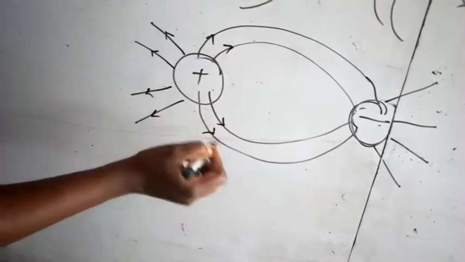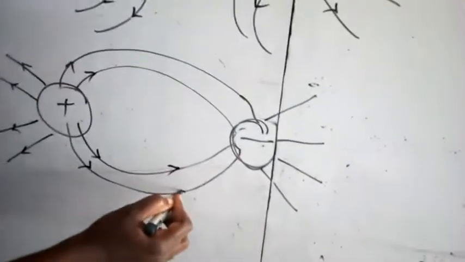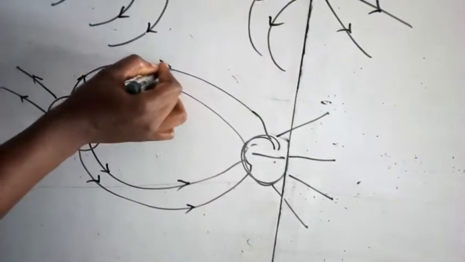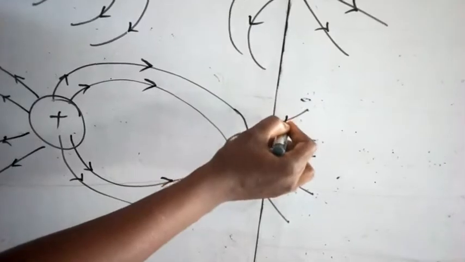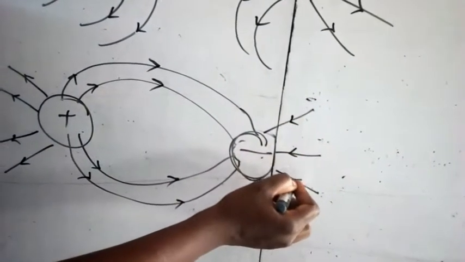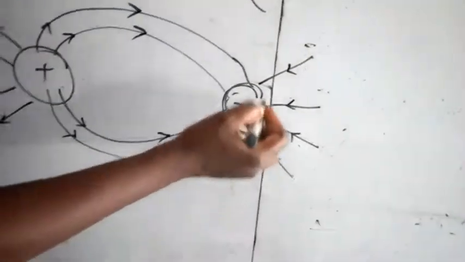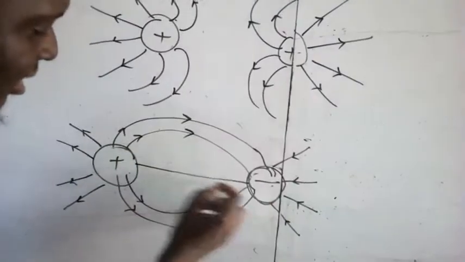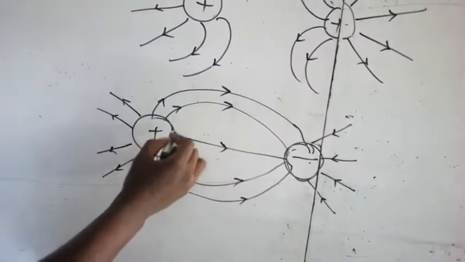It's giving out, while this one is taking in. The electric field lines terminate in a negative charge. Now, one thing you need to understand here is that